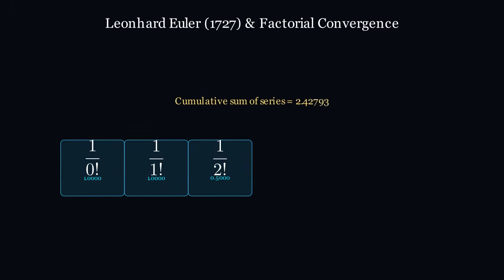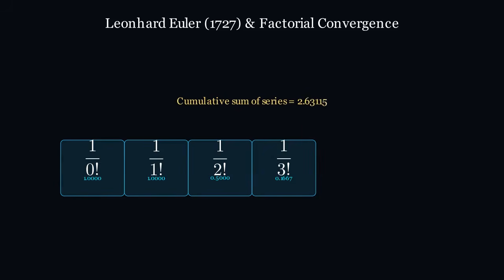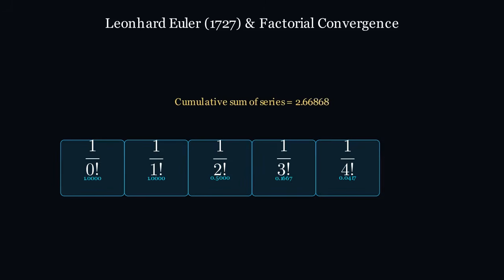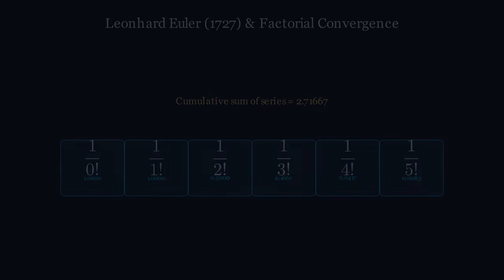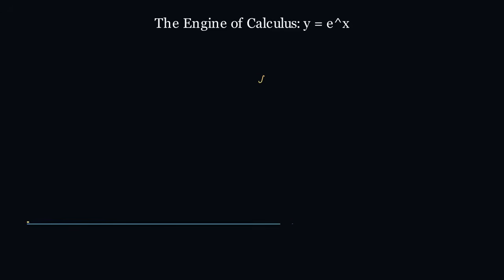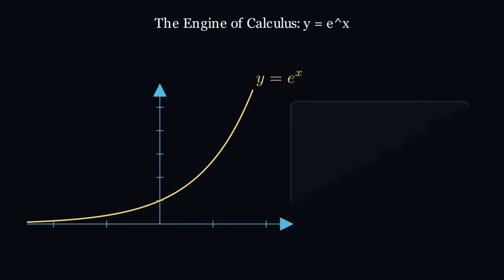But who would finally tame this wild infinite decimal and give it a formal identity? Despite Bernoulli's monumental discovery of this geometric ceiling, the number still lacked a formal symbol and a deeper theoretical framework. It was not until 1727 that the brilliant Leonhard Euler finally isolated this constant and gave it the universal name e. Euler proved its absolute precision and transcended Bernoulli's limit by demonstrating that e could be constructed piece by piece, calculating its infinite non-repeating decimals using an elegant infinite series of factorials.